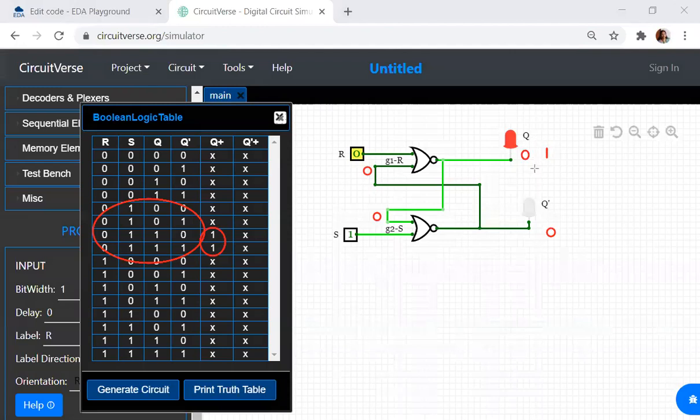So what does that mean? Whatever may be the combination, either Q is 0 or Q is equal to 1, when your input R and S is 0 and 1, your output Q will always be equal to 1. When I have a 1 over here, clearly 1 goes as an input over here. 1 NOR with 1 is 0. 0 goes as an input over here. 0 NOR 0 will be equal to 1. Or else if this Q is 0, I'll still get an output as 1. This is one state.